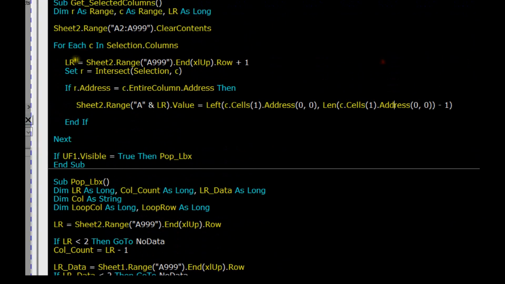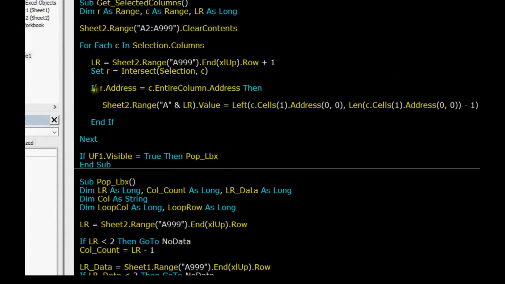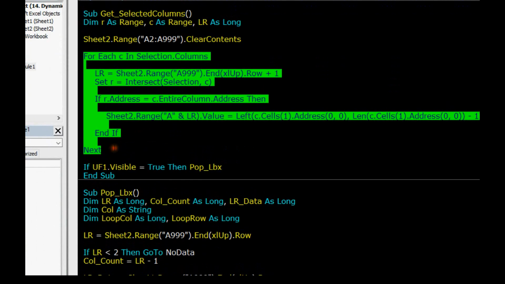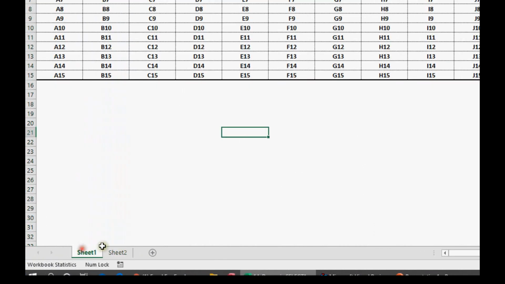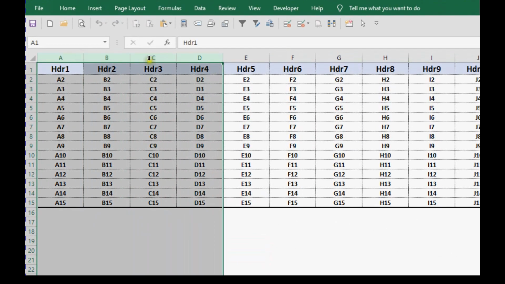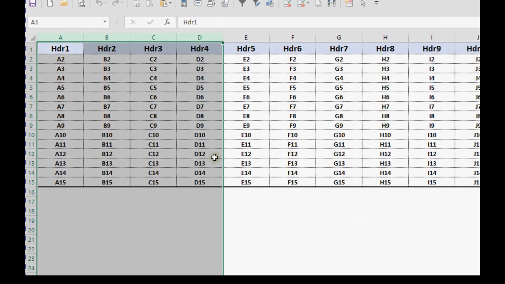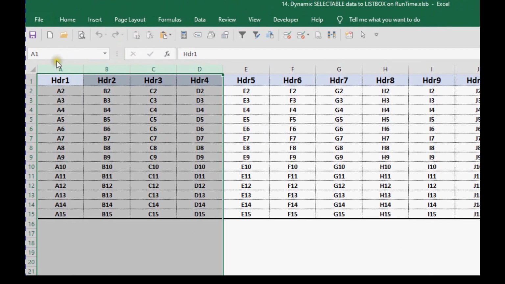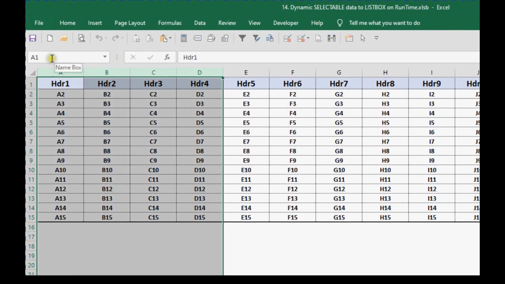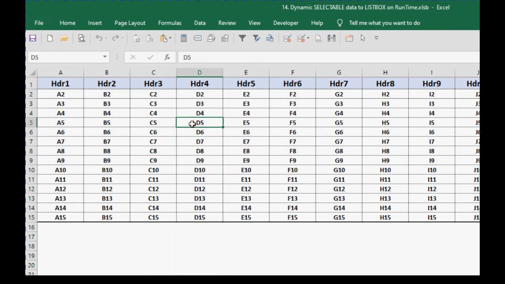Okay, so this code will run for all the selections that happen. I selected 4 columns. Now this code will give me A, B, C and D. This code will run for all the selections wherever the column address is equal to the first cell address. So this confirms that we selected the column, not just some cell in the column.